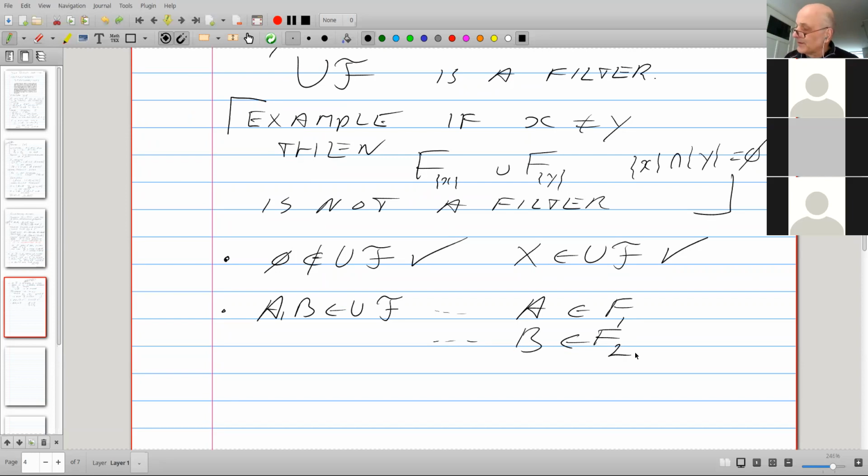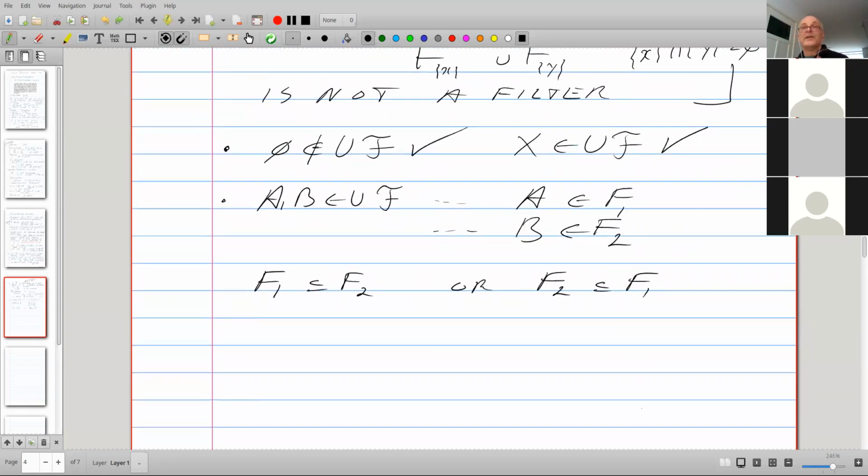But here we are lucky. Here is where we use that the family is ordered linearly under inclusion. F1 is a subfilter of F2, or F2 is a subfilter of F1. Let's say we are in this case.